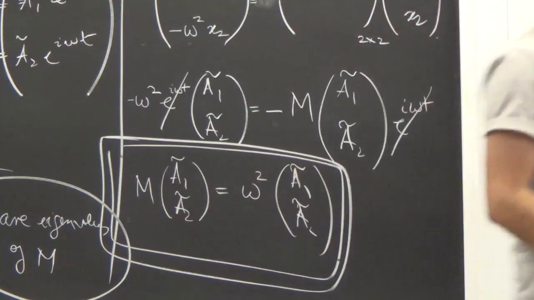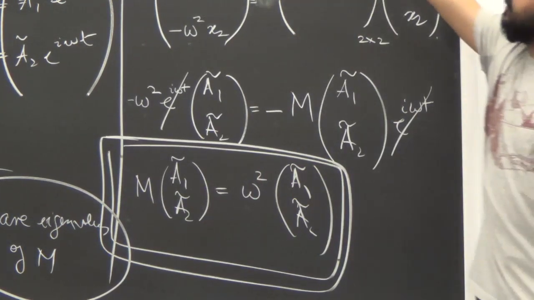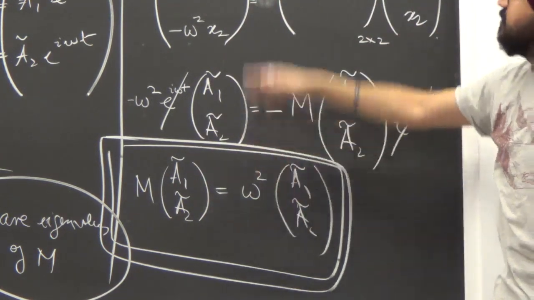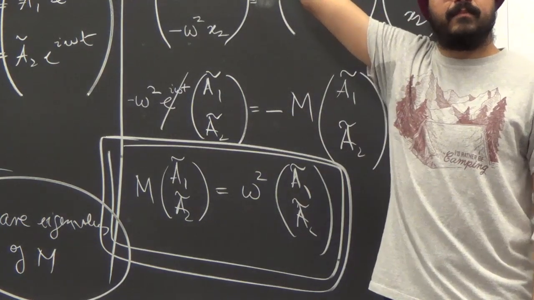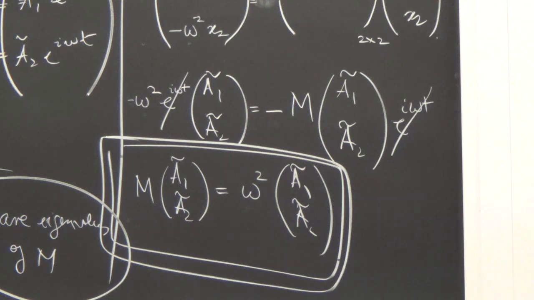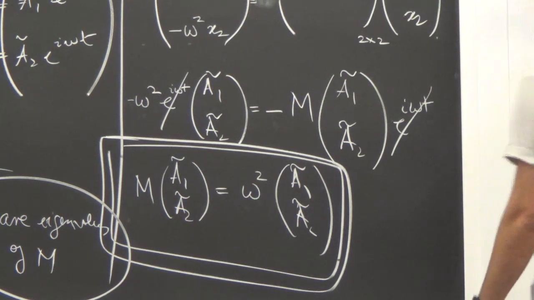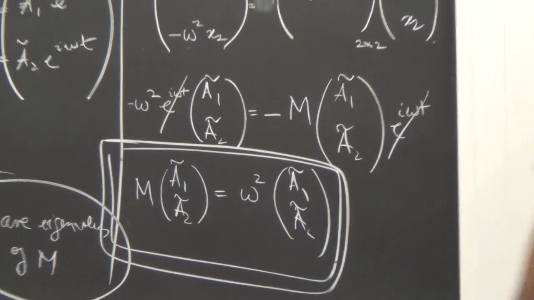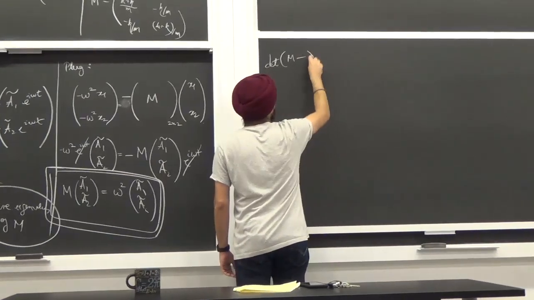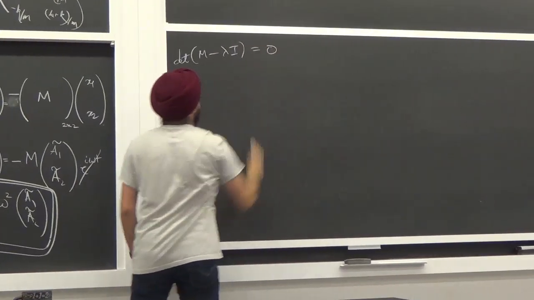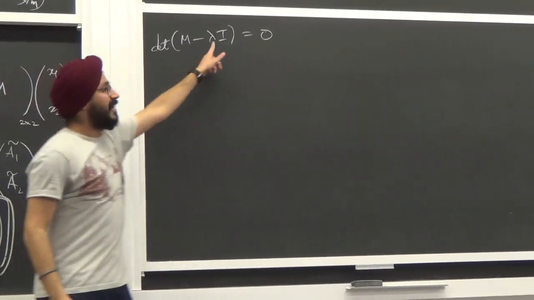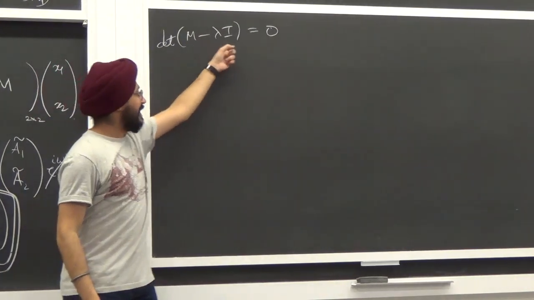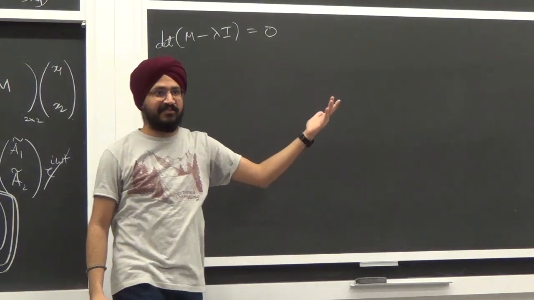Okay. So equations of motion, here in terms of x double dot equals minus a matrix times x. Plug it back, and omega square are just the eigenvalues of the matrix M. And we can find that. How do you find the eigenvalues? So I have a matrix. To find the eigenvalues of that matrix, what do you do? Determinant of M minus lambda I equals 0. And lambdas are the eigenvalues. This will be omega squares, but generically, for the matrix M, the determinant of M minus lambda I equals 0 gives the eigenvalues. Okay.